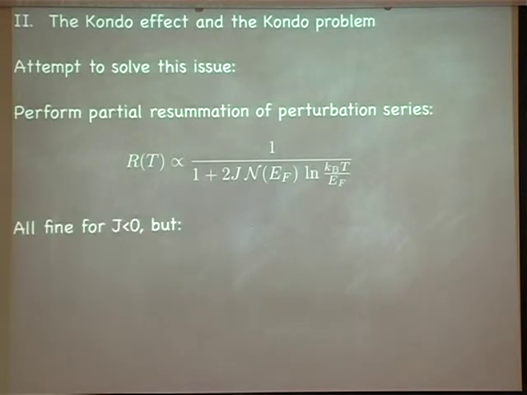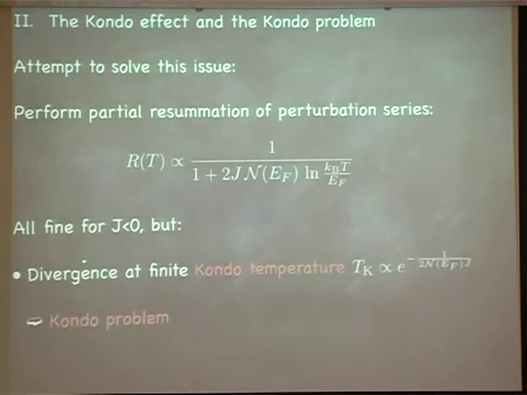On the other hand, if you now introduce an antiferromagnetic coupling, that means J is positive, then this becomes negative, and at some point you have replaced a small problem by a big problem, because now this whole thing diverges at a finite temperature. And this temperature is given by the so-called Kondo temperature, T_K, which you can basically read off here as e to the minus 1 over blah times J. And that tells you this is a non-analytic behavior, so there's no way that perturbation theory might do anything good.